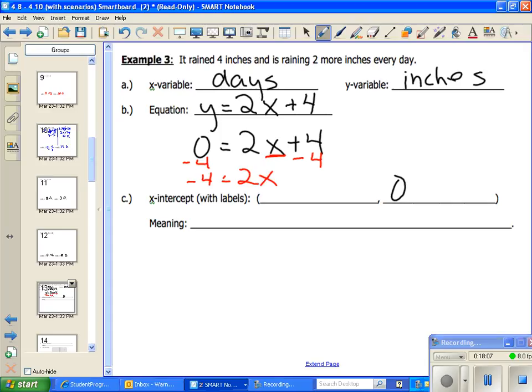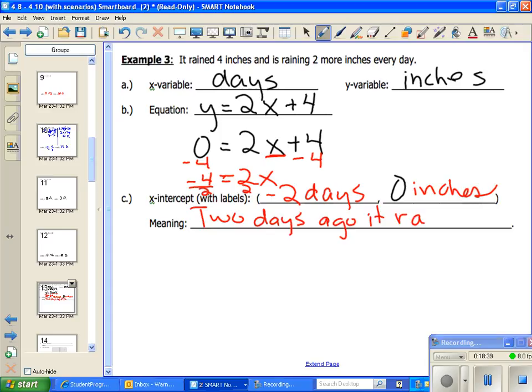So what does x equal then, Paige? Good. You're dividing both sides by 2, so the x-intercept is -2. What are the labels for that, Lou? Good. Okay, go ahead. You can guess what the meaning is. Great. Very good. This means 2 days before it rained, or 2 days ago. 2 days ago, it rained 0 inches. Okay, questions on the meaning of the x-intercept? Okay, go to your